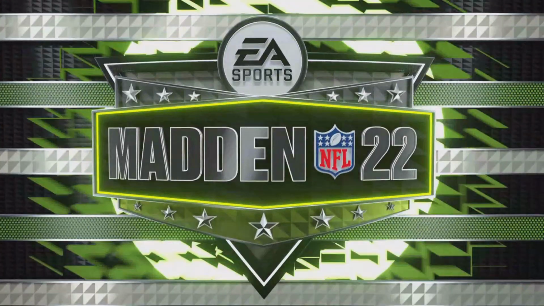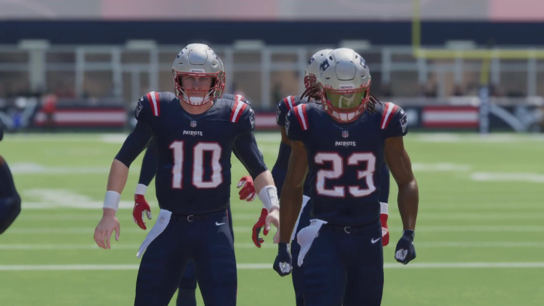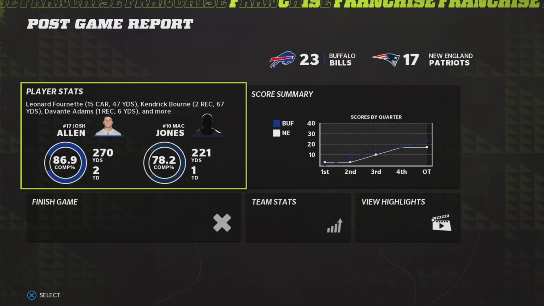So for the Bills, it'll be a .500 start as the win gets them back to 2-2. And they'll be back home next week to take on the Denver Broncos. Meanwhile, for New England, they also will exit this one at 2-2. And they'll be back home next week as they're set to take on the Cincinnati